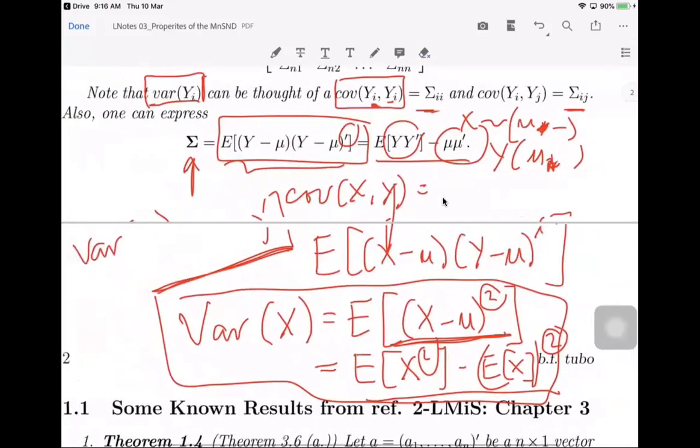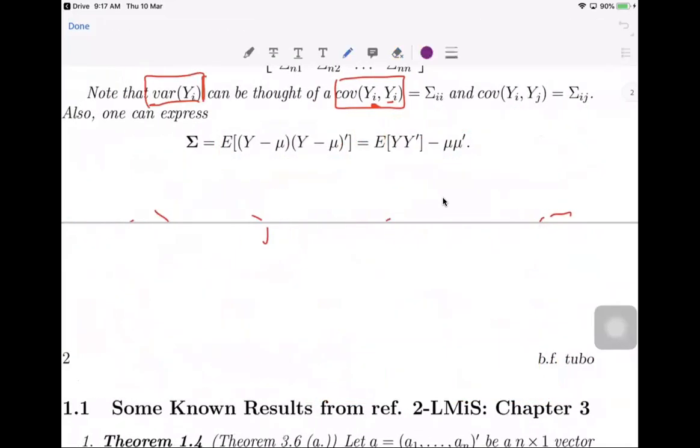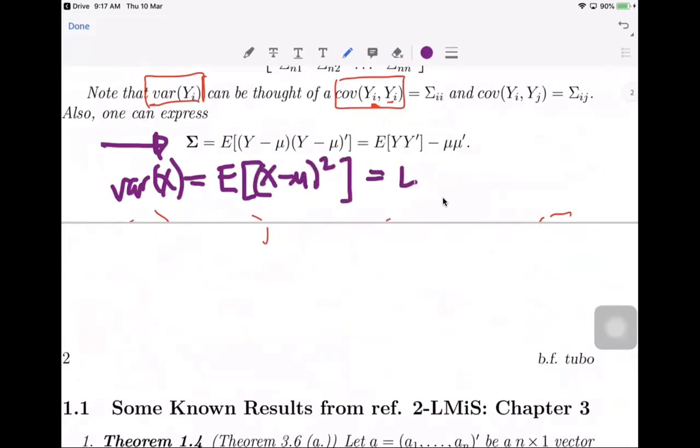So let me write it in a proper way. So here, this is the multivariate case scenario. So in your multivariate case, if x is just univariate, this is just x minus mu squared, which is the expectation of x squared minus the expectation of x quantity squared. So in terms of